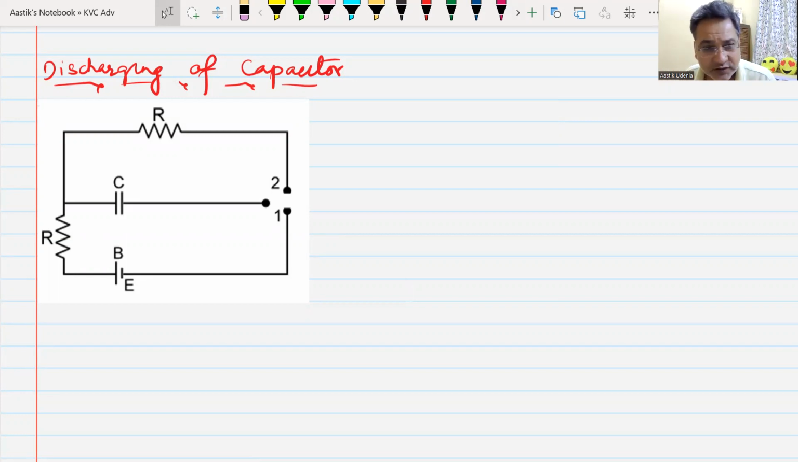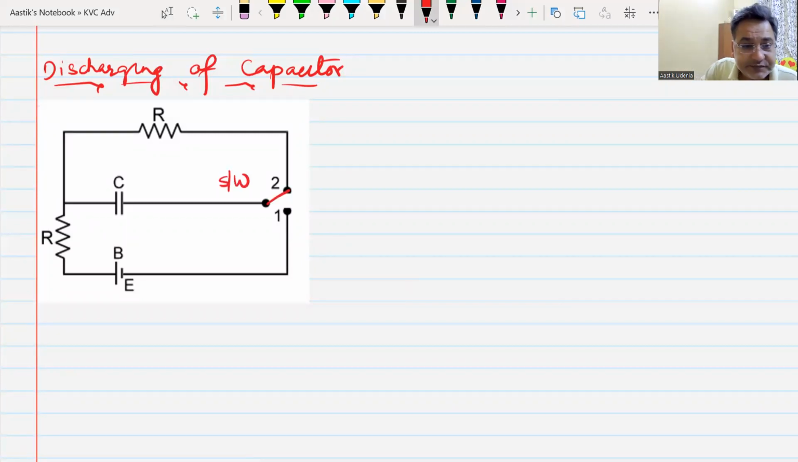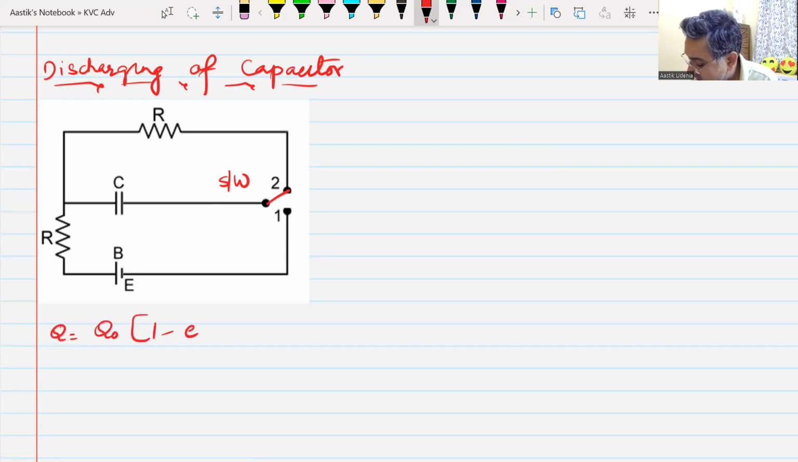We disconnect the switch 1. The capacitor is now charged. And now we connect the switch at point 2 at time t equal to 0. Do we understand this? After charging the capacitor, we are putting the switch to switch number 2 and then we find out the charge on the capacitor. The charge on the capacitor while charging will be Q0 into 1 minus e raised to the power